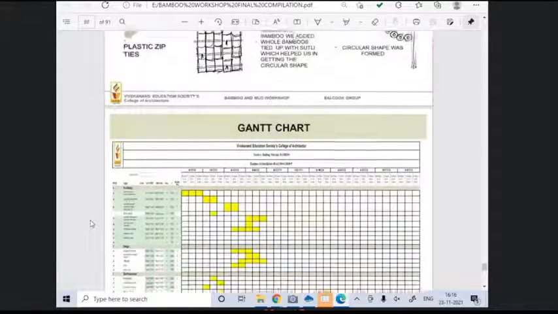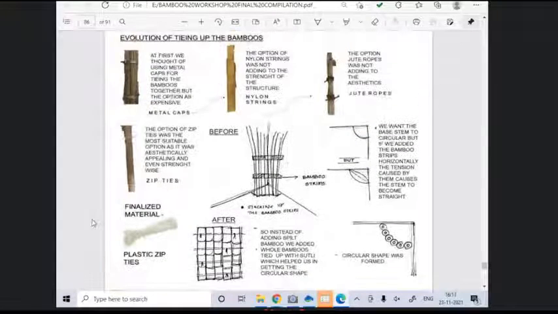Also, what we initially did was, after stacking all of the pieces, we tied it across and then